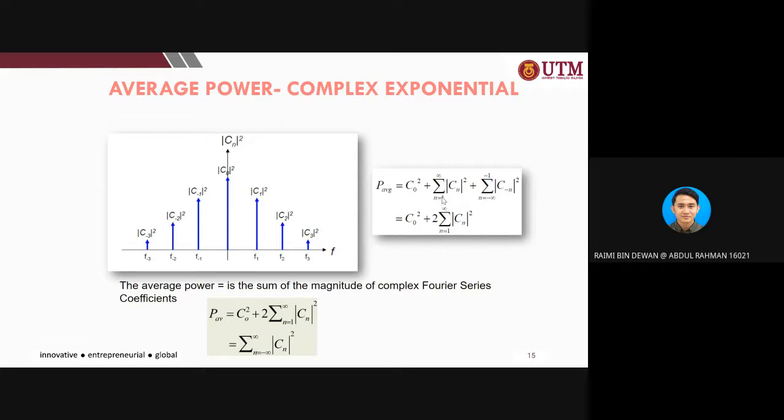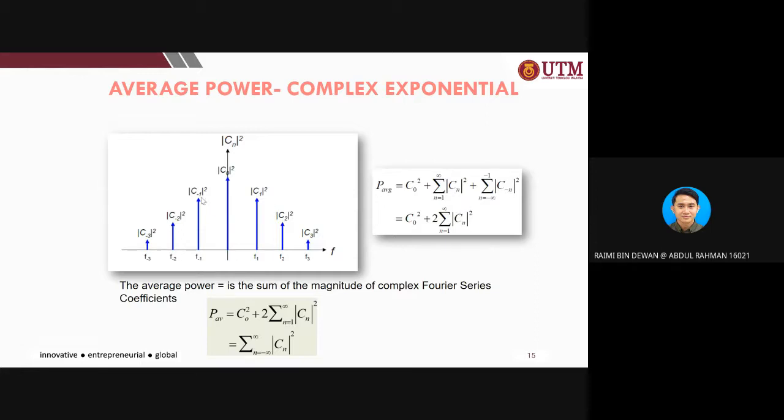This one is from n equals 1 to infinity, and this one is from negative infinity until negative 1. This one is at the positive side because the lower limit is 1 until infinity, and this one is at the negative side because the upper limit is negative 1 and the lower limit is negative infinity. This is the complete form. Then if you want to make it simplified,